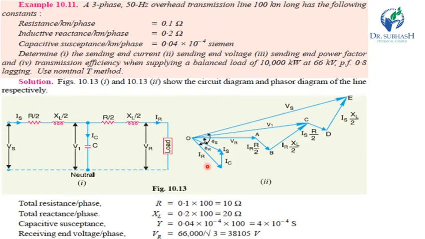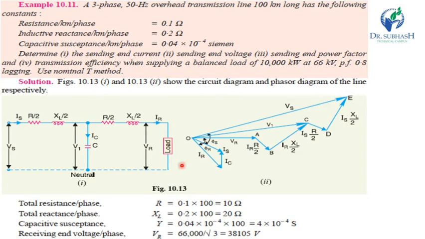Now current IR. We draw the capacitor current IC at a 90 degree angle to VR, and the resultant of IR plus IC gives IS. After IS, we draw the drop due to the R by 2 resistance carrying current IS, and at a 90 degree angle we draw the drop due to reactance, which is IS into XL by 2. The resultant of V1 and this drop is called VS. So here is the phasor diagram which we have previously discussed.